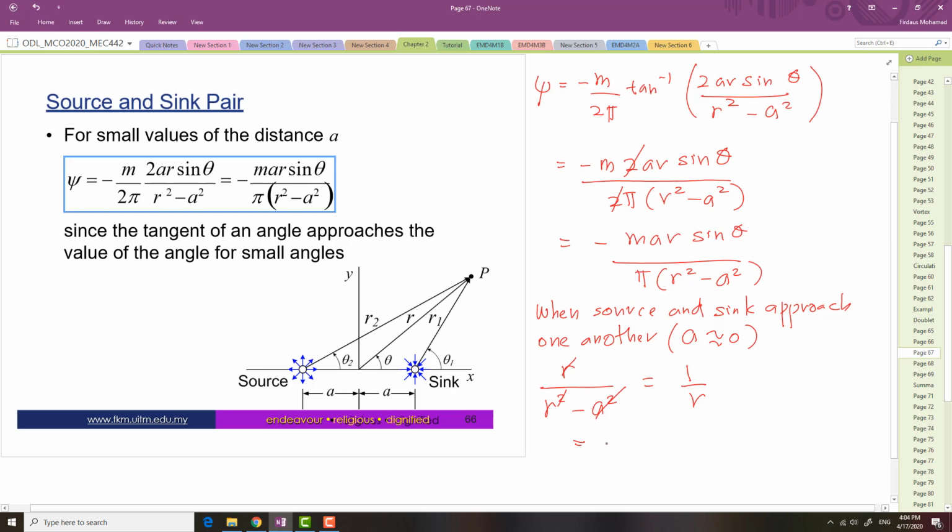So this equation is m a sine theta divided by pi r, okay, where this m